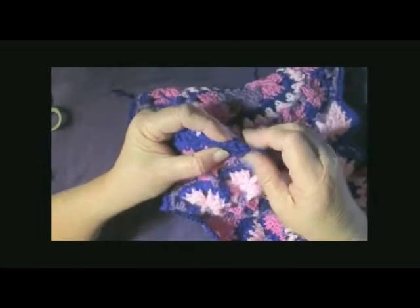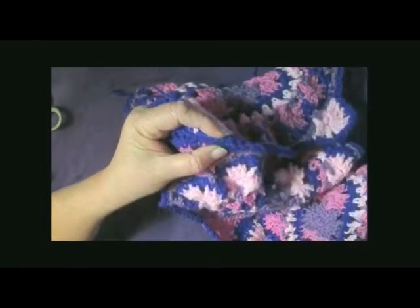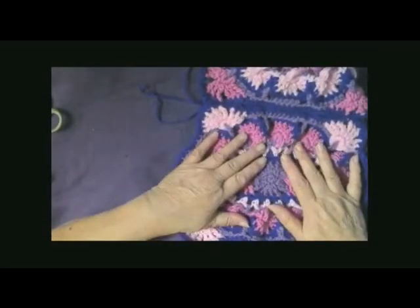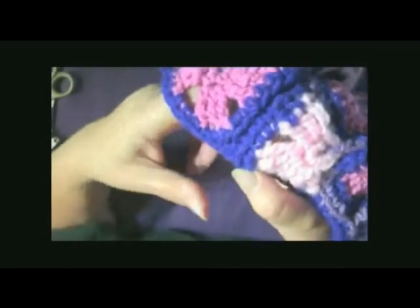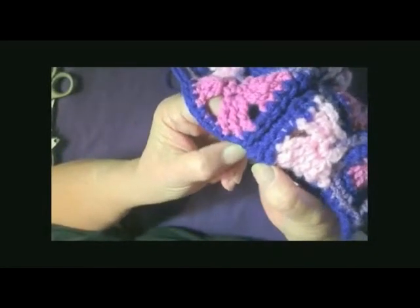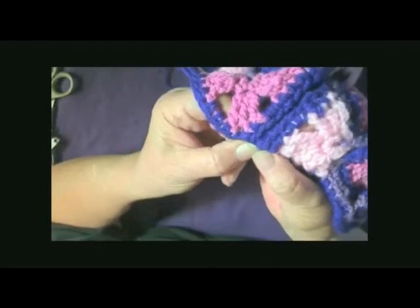The pattern calls for 6 by 6, so I suggest you go ahead and, as you make them, connect them until you have 6, and then connect your next 6. And then you can come back and do your edges. And because you use the center one of each of these, make sure that when you do